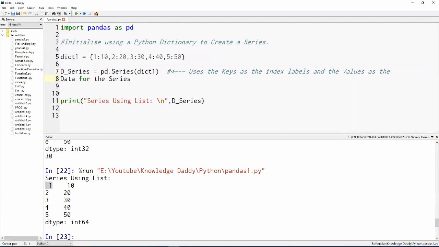So it uses the keys of the dictionary as the index.